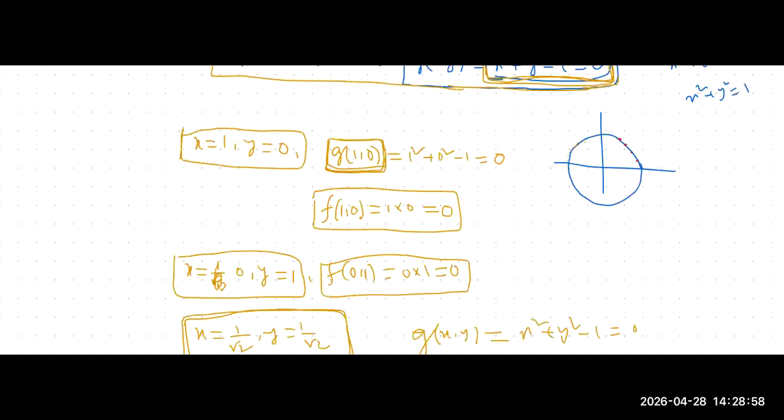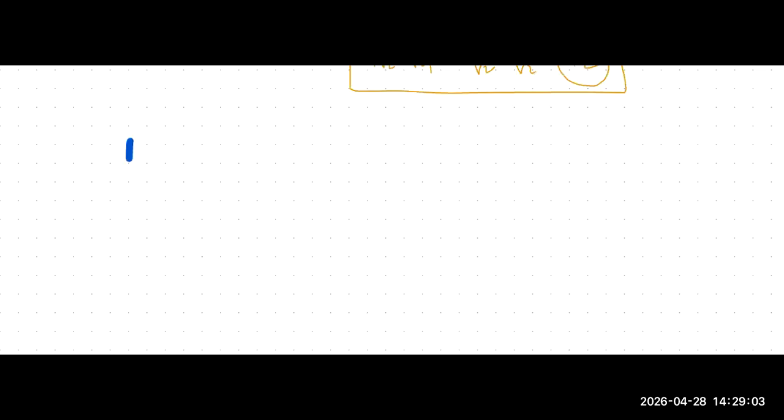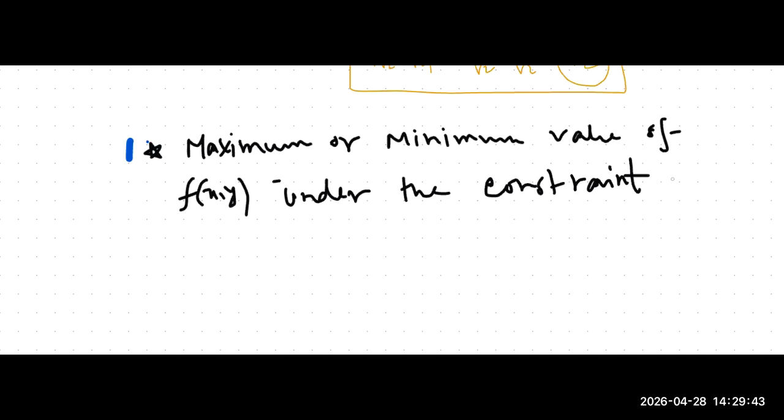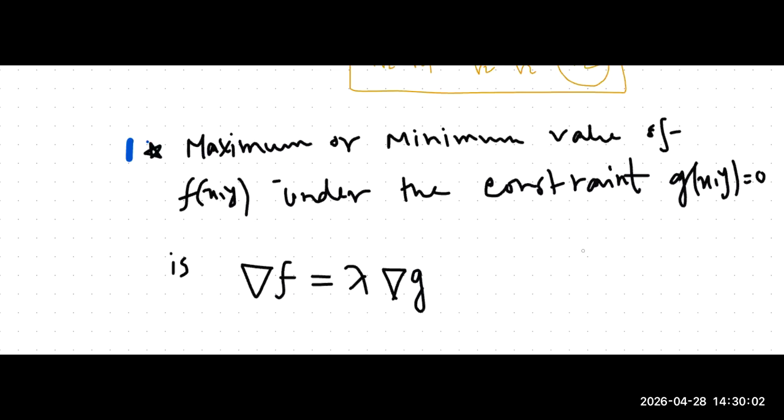So maximum or minimum value of any function f of x comma y under the constraint g of x comma y equal to 0 is basically gradient of f is equal to lambda times gradient of g. So according to theorem number 13.9.3,